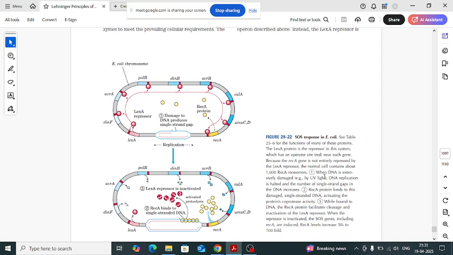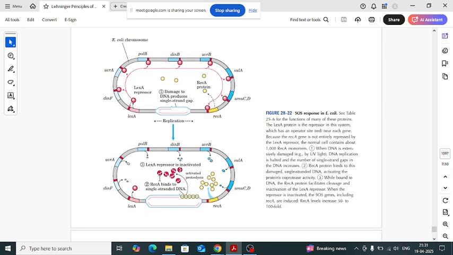Right? So when DNA is extensively damaged by UV light, then DNA replication is halted, and the number of single-stranded gaps in the DNA increases, right? So the replication fork will be stalled here, and that will induce the accumulation of single-stranded DNA, right? So damage to DNA produces single-stranded gaps,